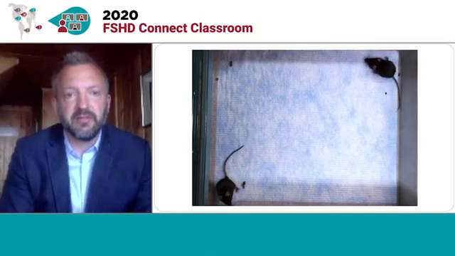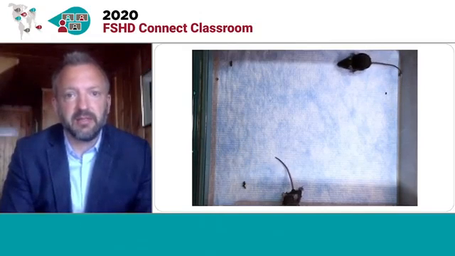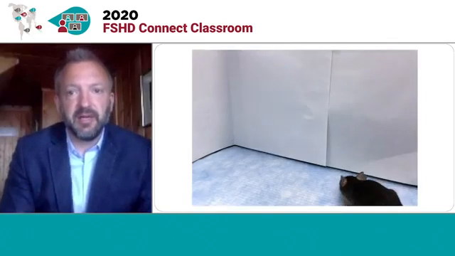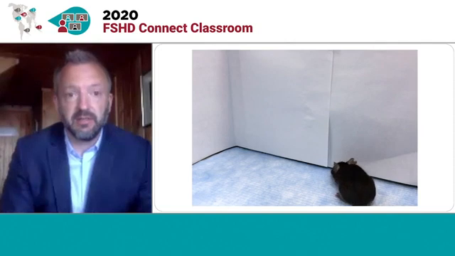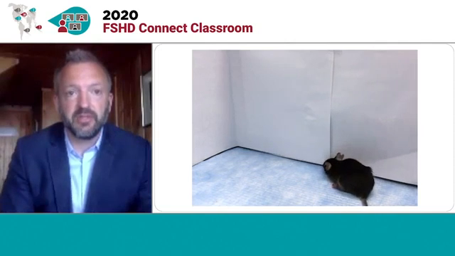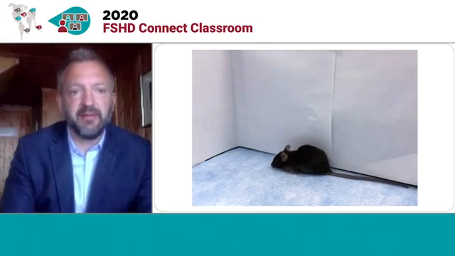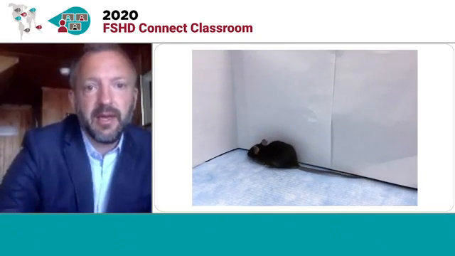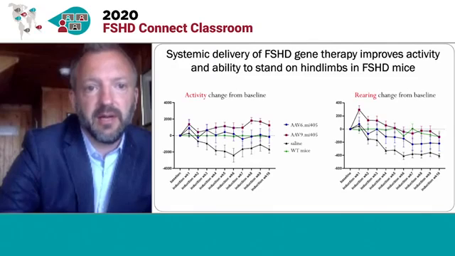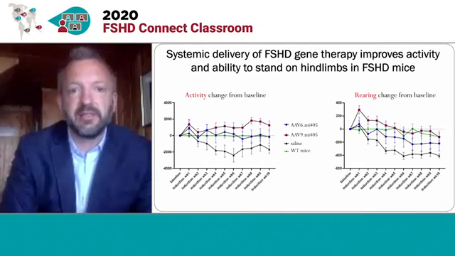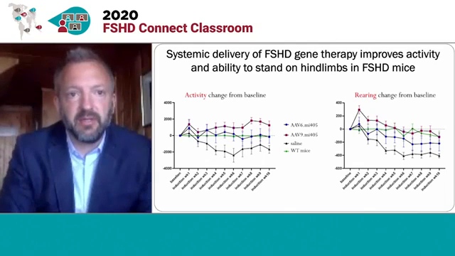I think you can appreciate in this video which mouse has DUX4 on and which one does not. So we can inject mice systemically, so this means delivered through the bloodstream, so our treatment hits all muscles, and then ask if we have some benefit in this assay. And we have some data now, actually quite a bit of data now. We've taken this experiment out 10 weeks, and what you can see from this experiment is that when we deliver